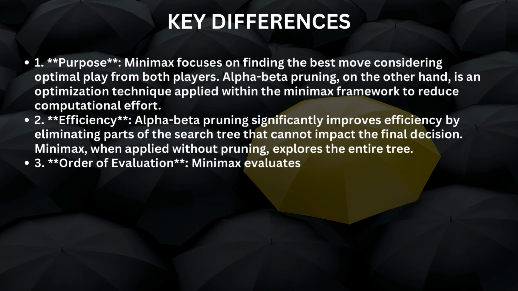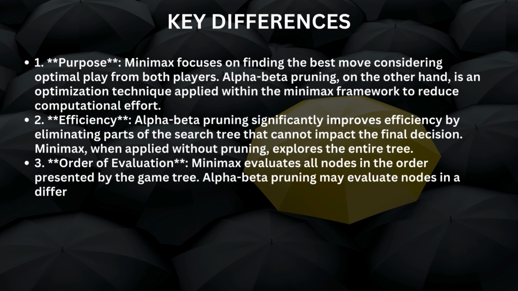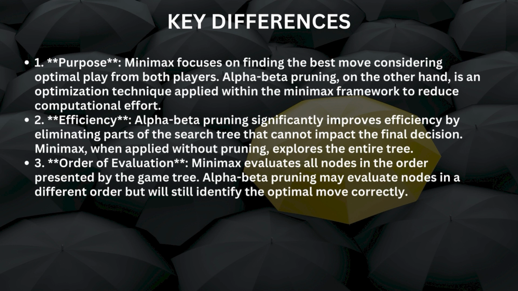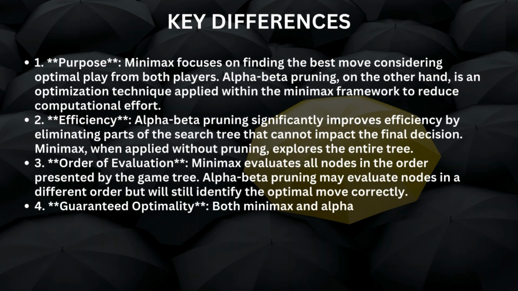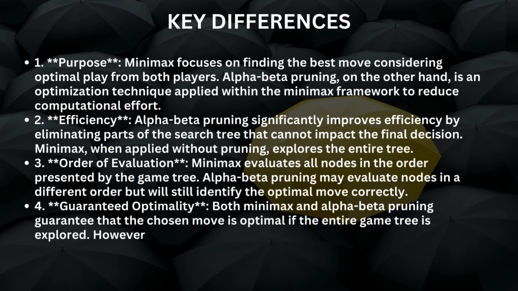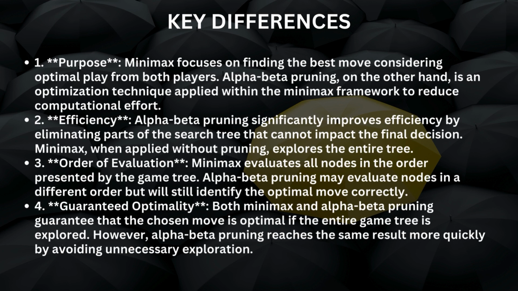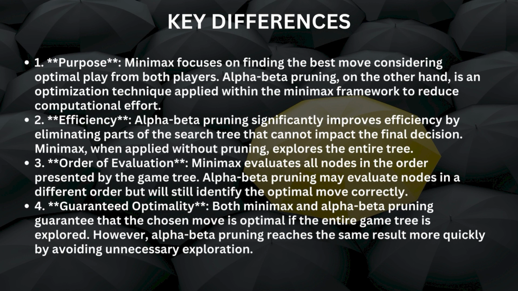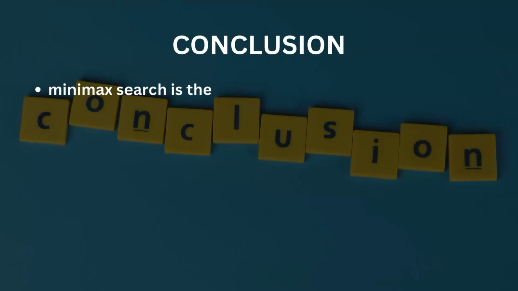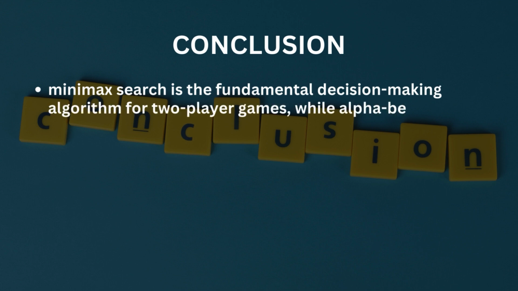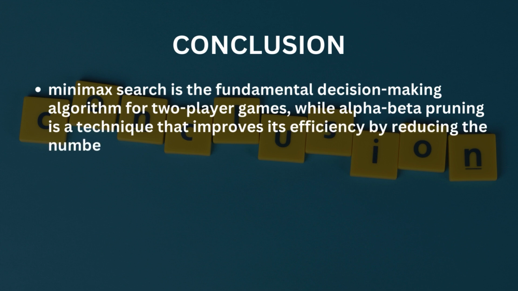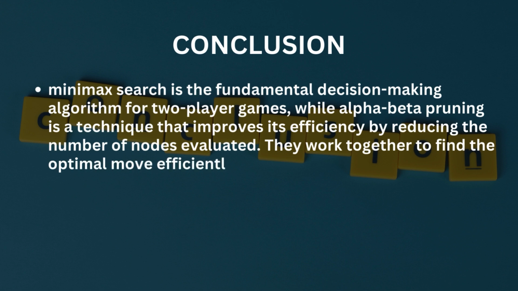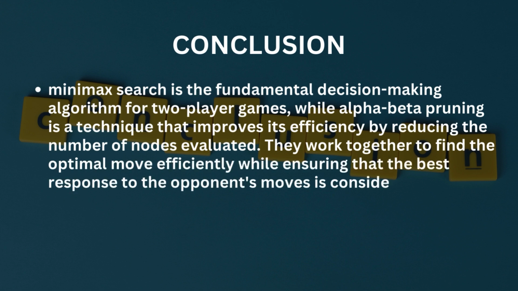Third, order of evaluation. Min max evaluates all nodes in the order presented by the game tree. Alpha beta pruning may evaluate nodes in a different order, but will still identify the optimal moves correctly. Fourth, guaranteed optimality. Both min max and alpha beta pruning guarantee that the chosen move is optimal if the entire game tree is explored. However, alpha beta pruning reaches the same result more quickly by avoiding unnecessary exploration. In summary, min max search is the fundamental decision making algorithm for two player games, while alpha beta pruning is a technique that improves the efficiency by reducing the number of nodes evaluated. They work together to find the optimal move efficiently while ensuring that the best responses to the opponent's move are